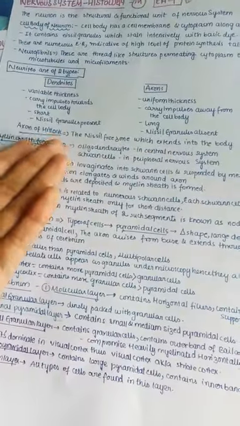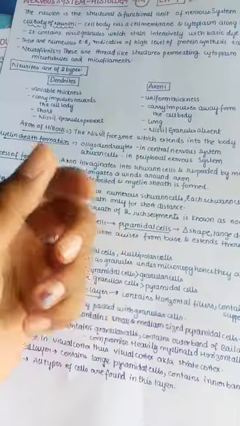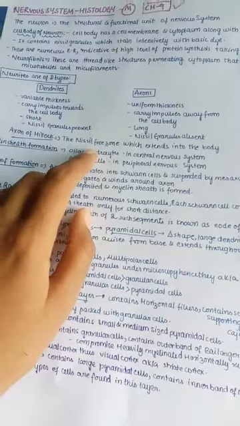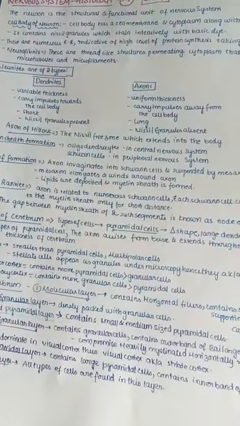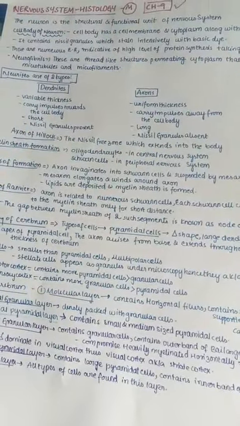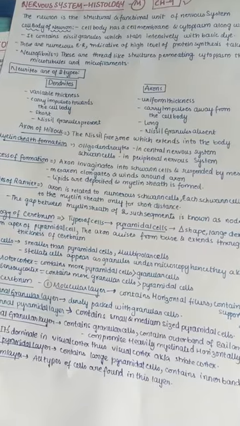Now the axon hillock. The hillock is the place from where the axon starts. As I said, the axon doesn't contain Nissl granules. Even the axon hillock, the starting point of the axon, doesn't contain any Nissl. So it is known as the Nissl free zone, which extends into the axon.